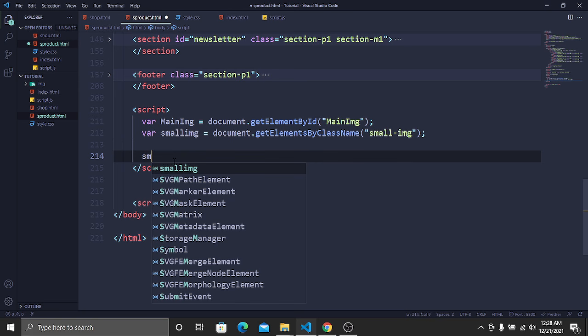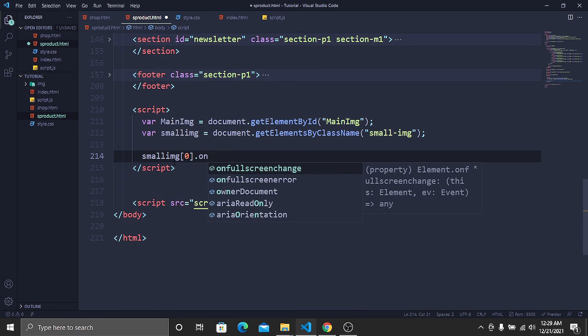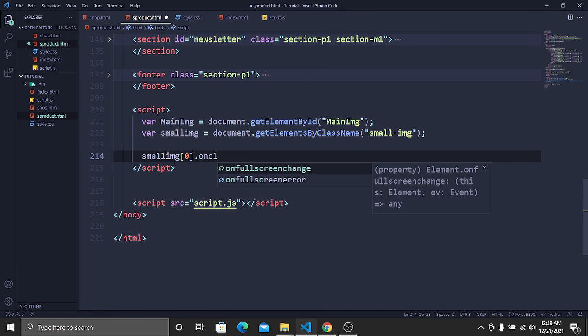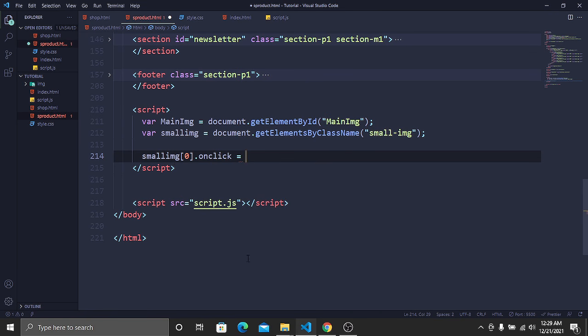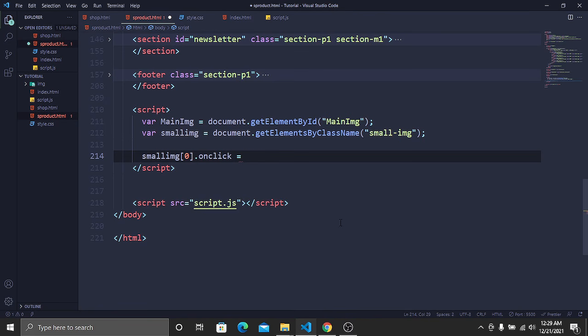Okay, so that's why we have to take the small image, and here I will use the array, and the array index number always starts with the 0. So that's why it will be 0. And if anyone clicks on this small image, it means our first small image. So that's why we have to add a click function which will be on click. So if anyone clicks on this first image, which is our index number 0, then we have to run